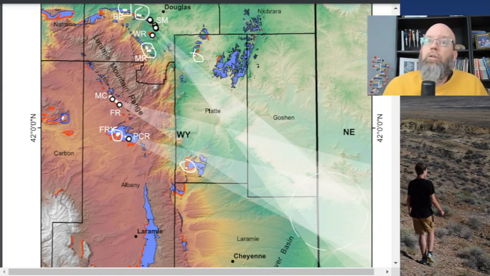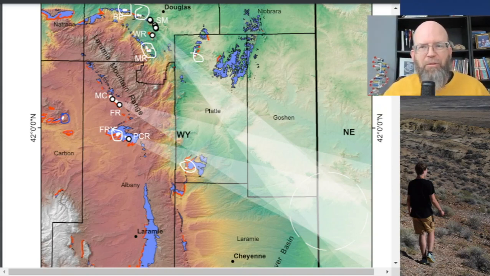Now, what about the original crater? That's the thing in this paper. They say, well, we've now identified all these secondary craters, and they point back to the existence of a primary crater, but we don't actually have the evidence for the primary crater yet. Unfortunately, the rock that's that age, 280 million years old, is buried very deeply under this area of southeastern Utah, southeastern Wyoming and Nebraska.